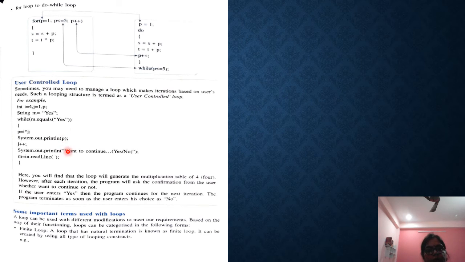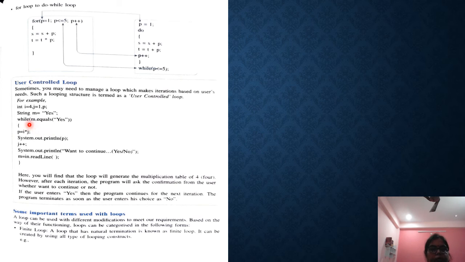Now the user control loop. What is your user control loop? Sometimes the user has to manage how to control the loop. Sometimes you may need to manage a loop which makes iterations based on the user's needs. Such looping structures are known as user control loops. See here, String s, while m.equals yes. It means there is no fixed number of iterations, whatever it is.